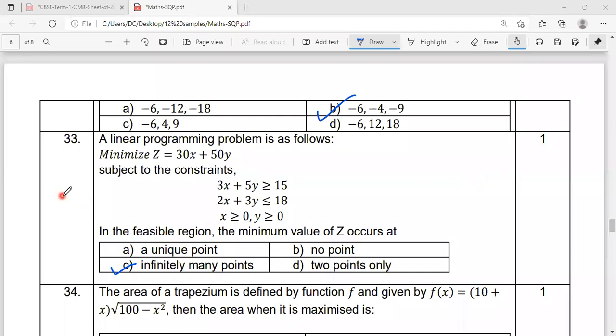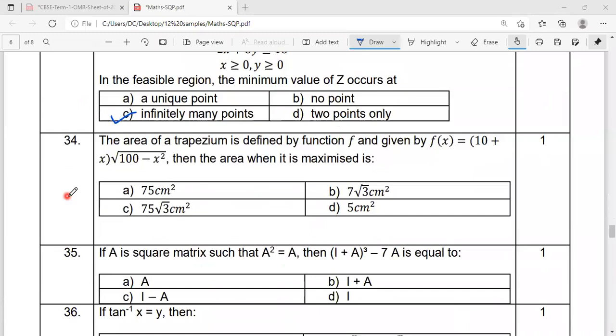Okay, so the 33rd question is also done. Now we have the 34th: the area of the trapezium defined by this function. Then the area is a maximum-minimum question. So area is maximized at. So what you need to do in this question, when you are given 4 options already, is we can simply